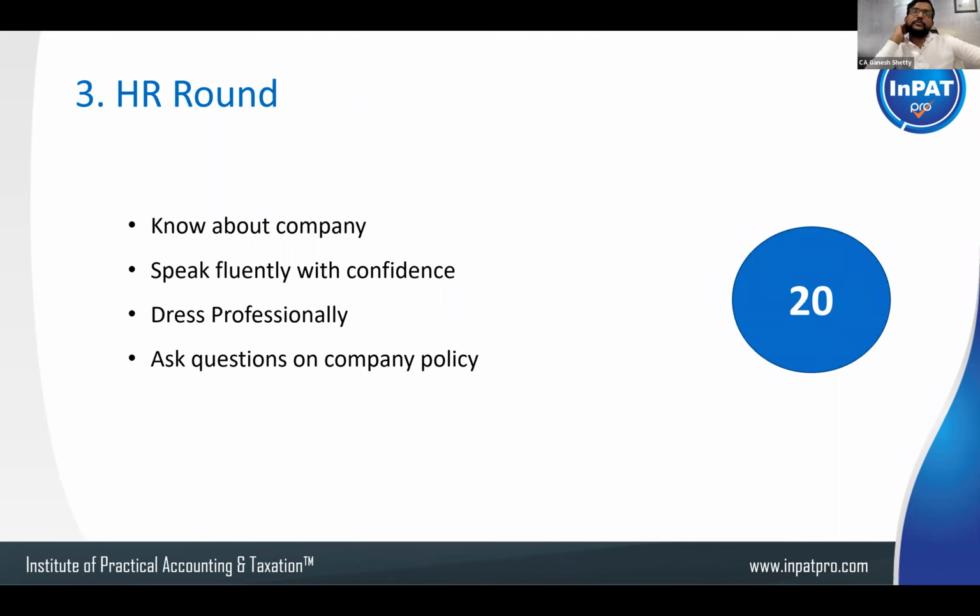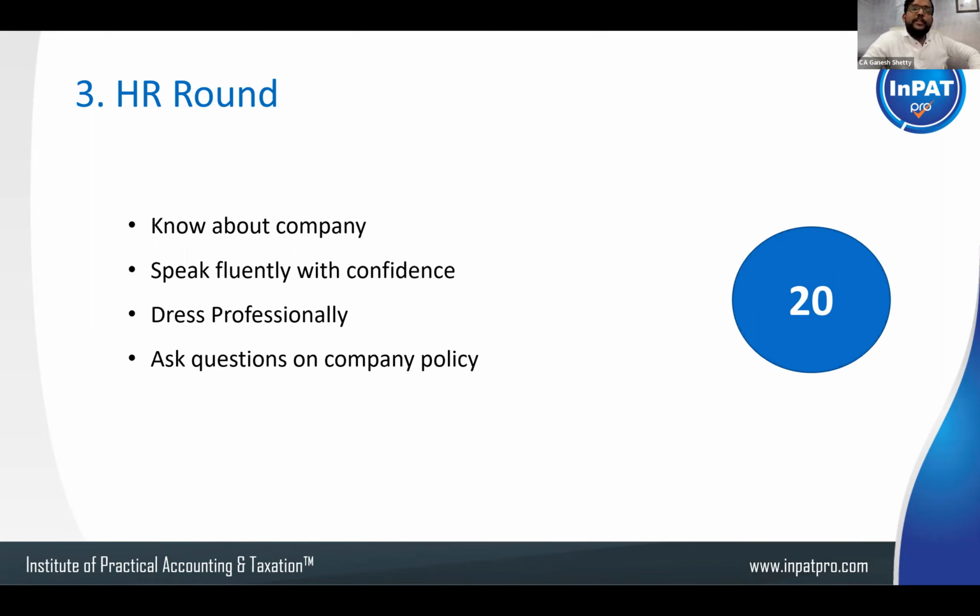HR round. So in basic screening, more than 10, 20, 30% will be scrapped off and only 20 CVs will be left out. And in that, you are the one, you have to be very careful. When you follow all the process steps before this, you will be able to be one of these 20. So I hope you're getting the point.